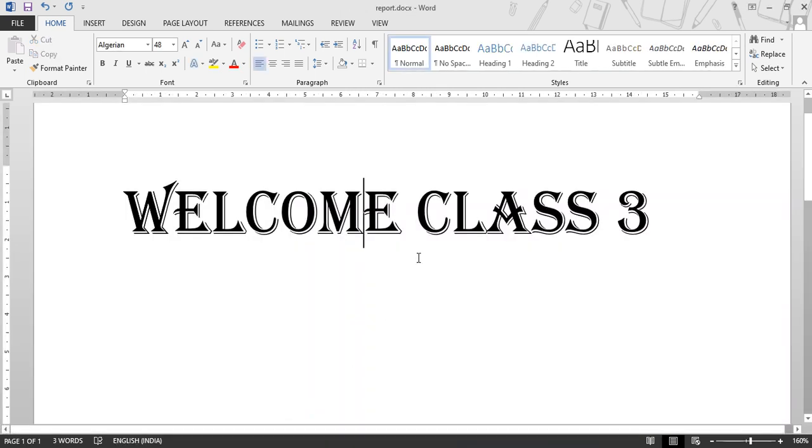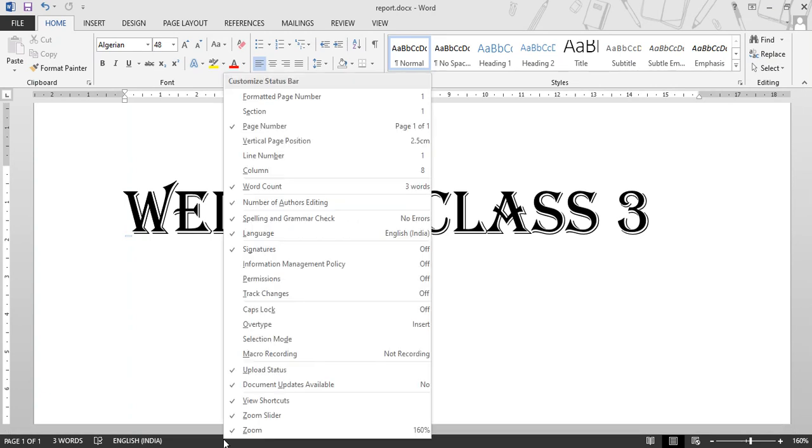Just move to the second document here. So now here we want to insert new text. Right click on the status bar. So here we have a status bar. Right click on the status bar and select overtype or insert.